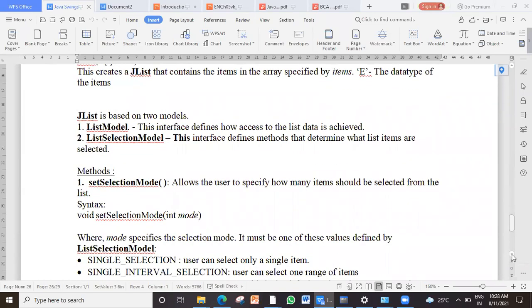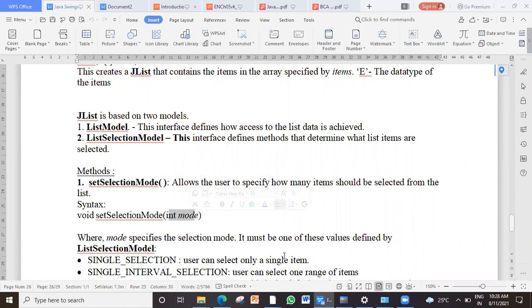A list is based on two models. List model and list selection model. This is just logical. You have to set the selection mode. How many items should be selected from the list? If you specify only one, the user can select only one value at a time from the list.